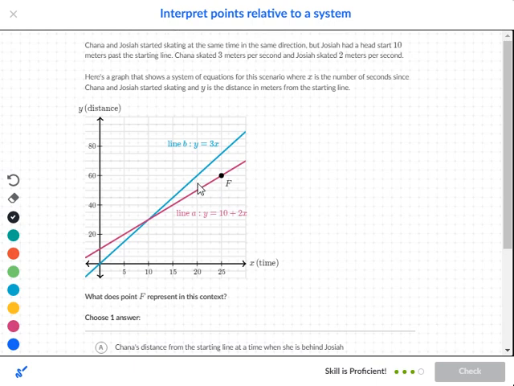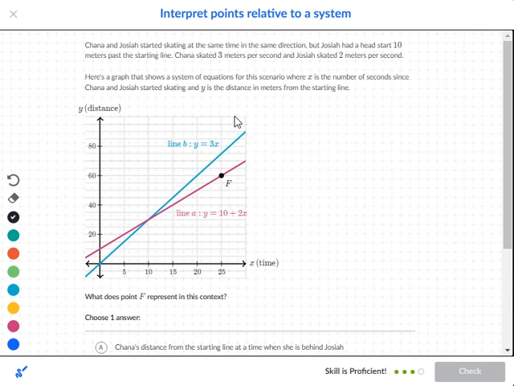Okay, next one. You have China and Joshua, who started skating at the same time in the same direction. But Josh had a head start of 10 meters past the starting line, and China skated 3 meters per second, and Joshua skated 2 meters per second. Okay, so